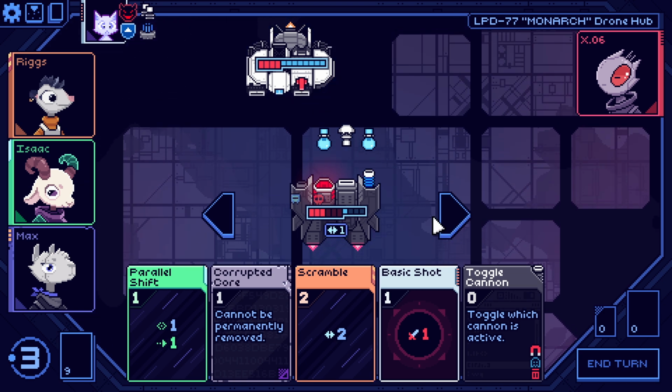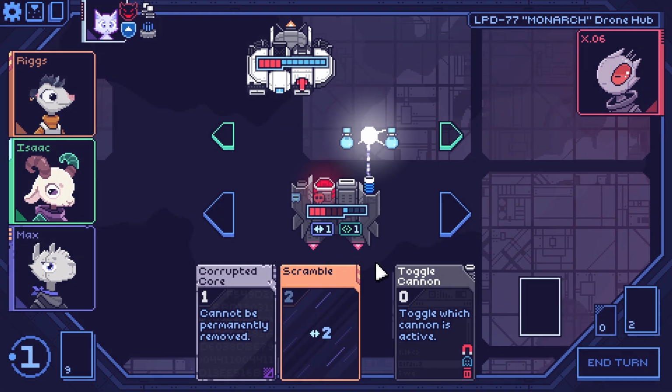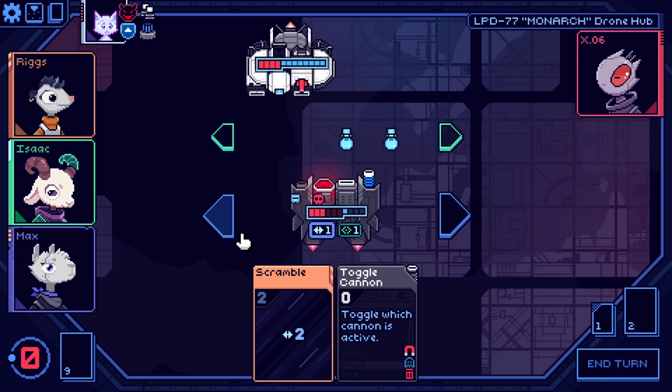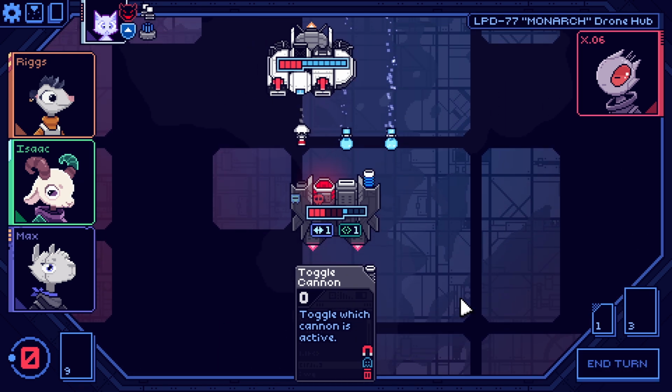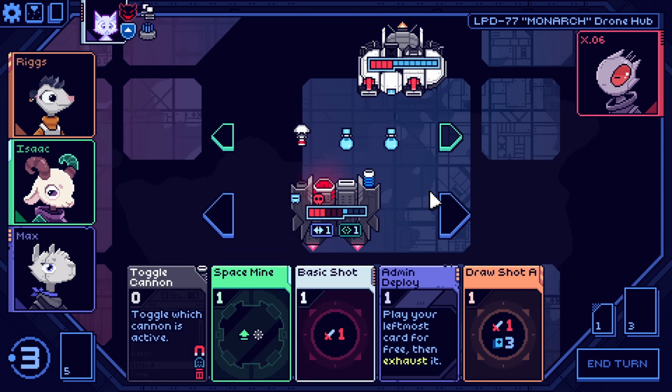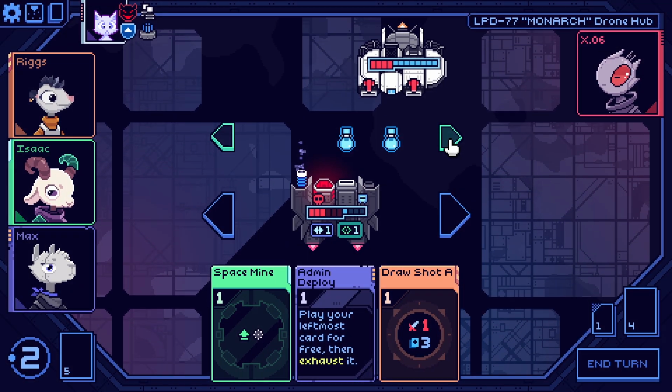Okay, what do we have here? Well, what we have here is shift, shot, corrupted core. I know we're not really doing too much, but I wanted to get rid of that drone. I mean, I also really like this turn. This turn is a...